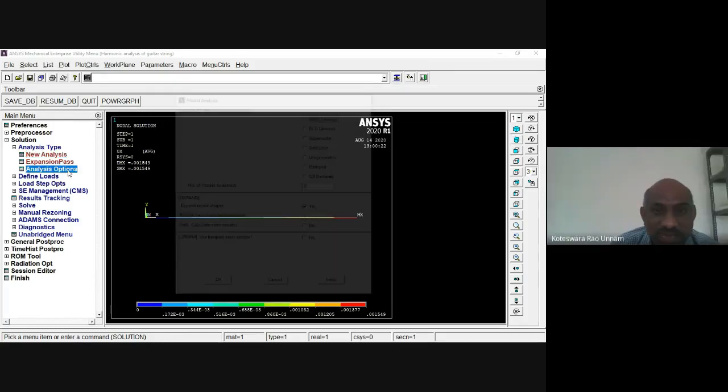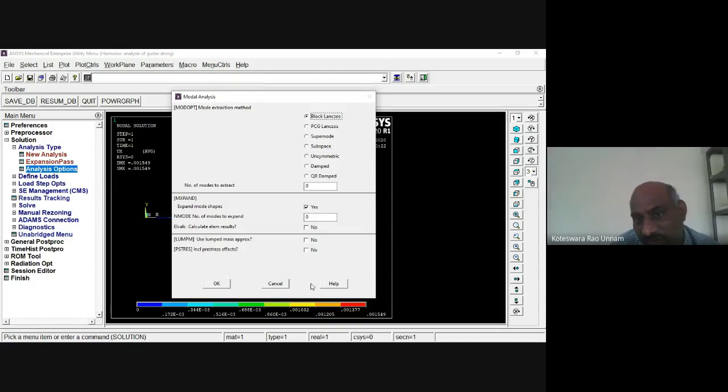Then in the analysis options, just now we turned on the pre-stress effect in the static analysis. To include those pre-stress effects, you need to set this term as on. On means yes, no means it is off.